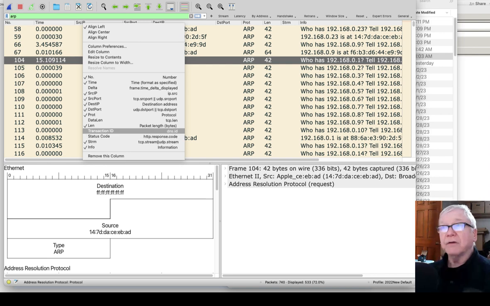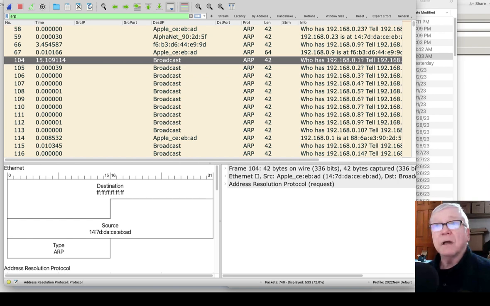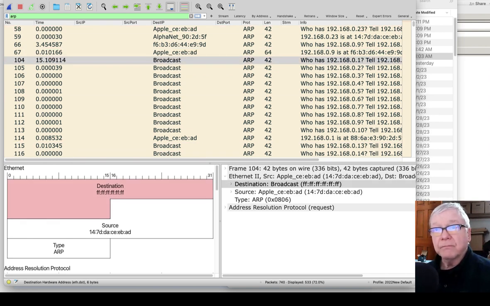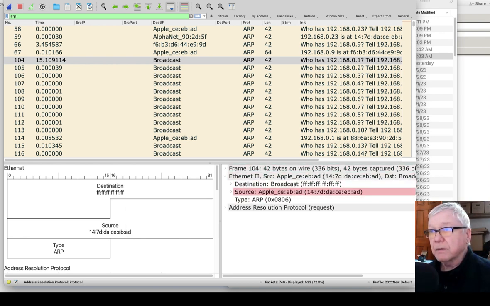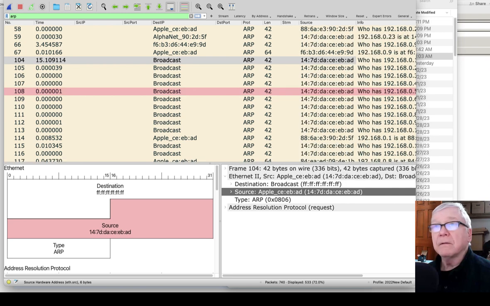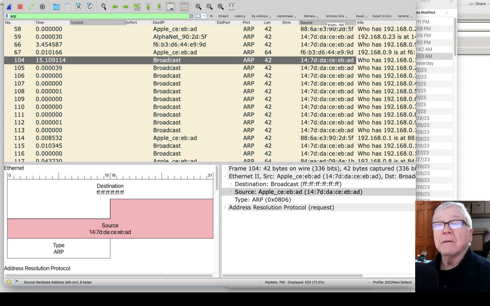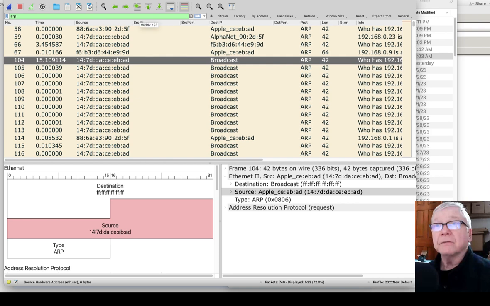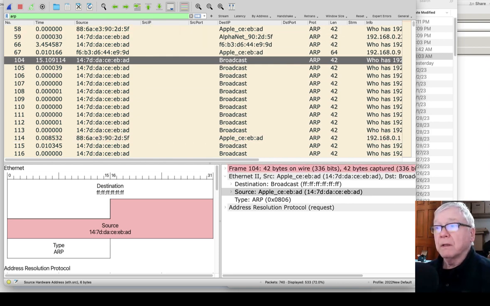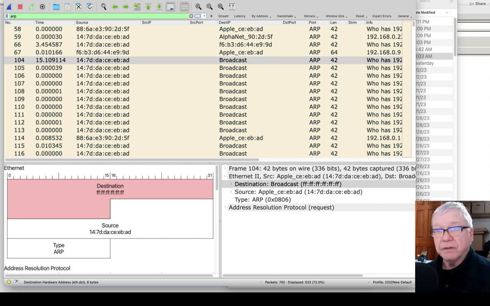I don't have a column for the source MAC address, and the destination MAC address we can see here is FFFFFF, right? Expressed as hexadecimal. In binary we would have seen what?